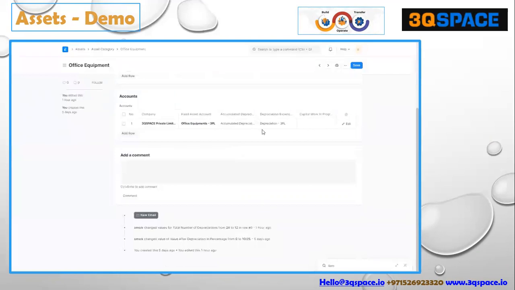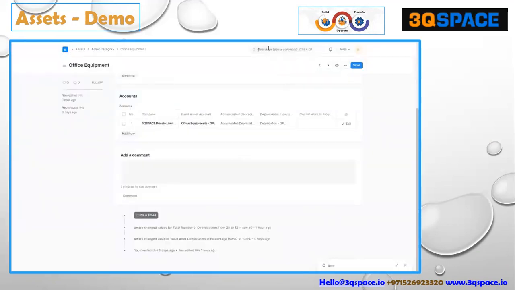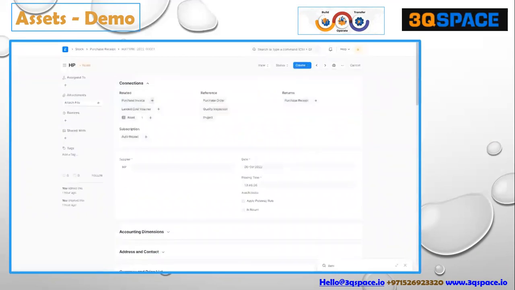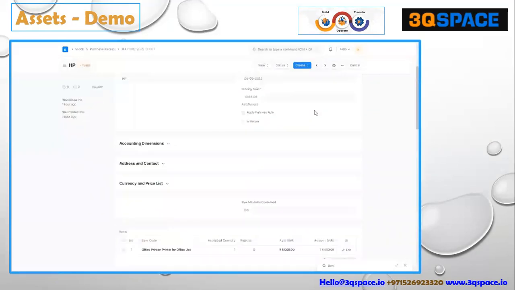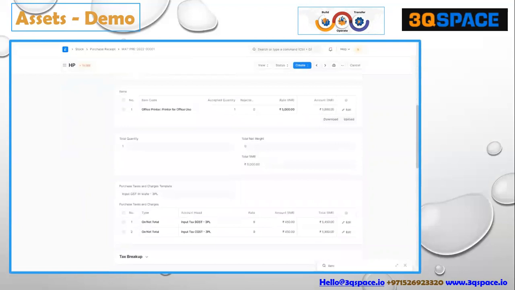And we can also associate different account heads. What is the account head for fixed asset? What is the account head for accumulated depreciation? And what is the depreciation expense account head? So these are the details that can be associated with a specific category of an asset. Now going to the asset creation, in the asset we select a particular item,